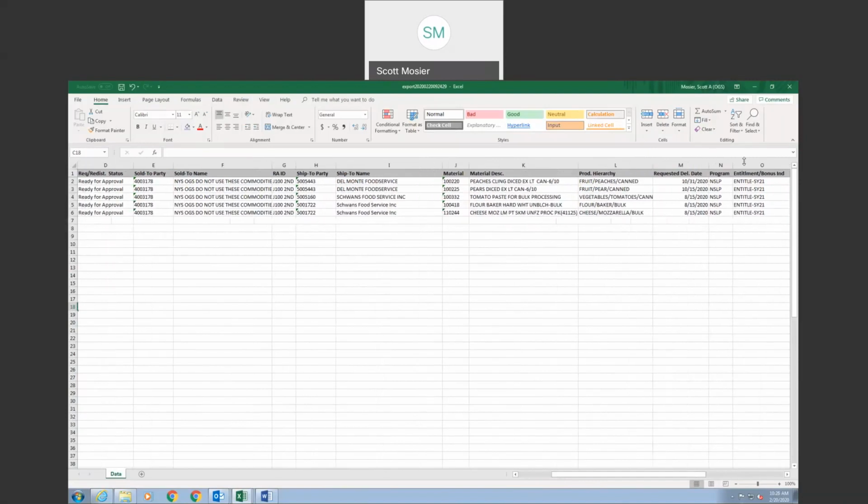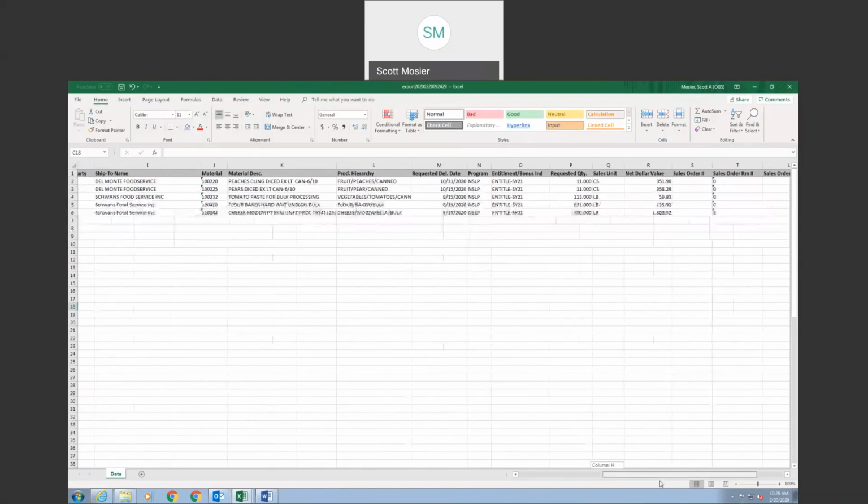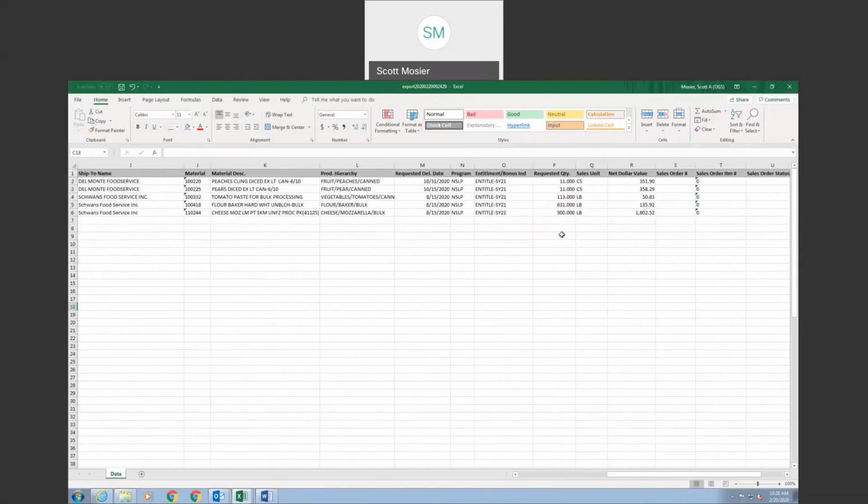Okay, and the other thing that you want to look at, Barb, just go to the right a little bit, is that you want to make sure you got your requested quantity correctly. And also, if you look in column R, is the dollar value. Okay, so with that,